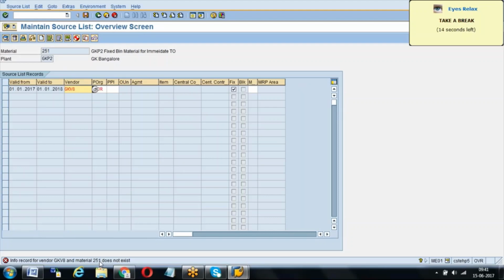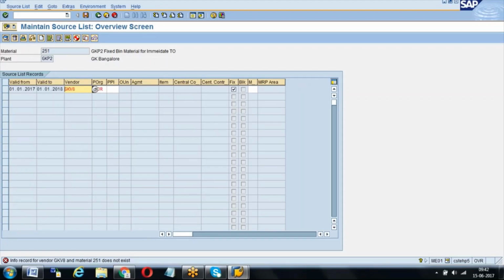Okay, anyway, because we don't work on the quota arrangement much, but it's fine. Source list fixed vendor will be the top priority. Because at that point of time, when you give the top priority and you're giving automatically the vendor, it should have a price source, right? Price source is info record. That's why prerequisite wise, I can say material master, vendor master, info record, source list. Even when we teach also, we will go with that sequence only. Okay. Material master, vendor master, info record, source list. Service master is a bit separate one.